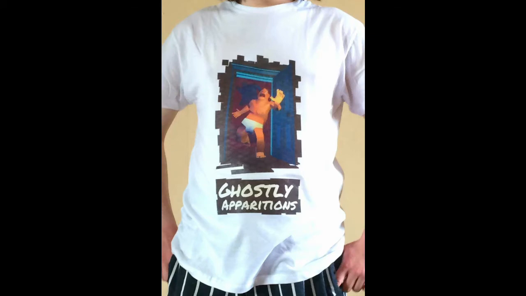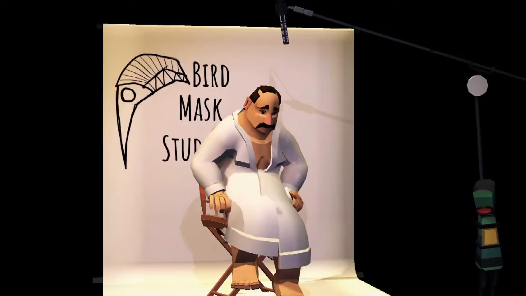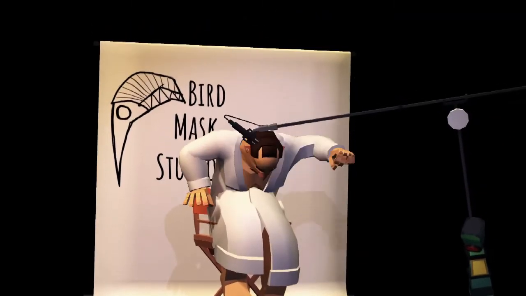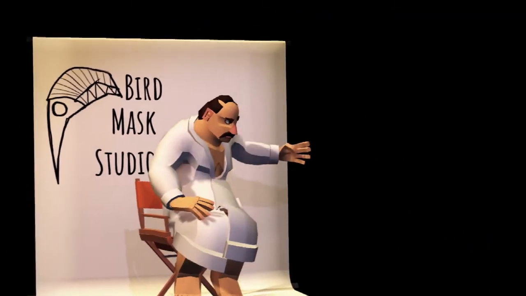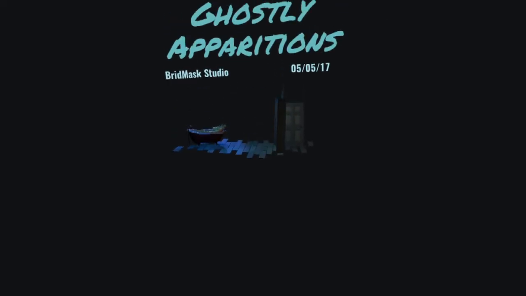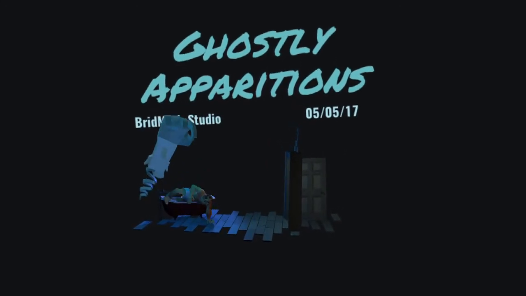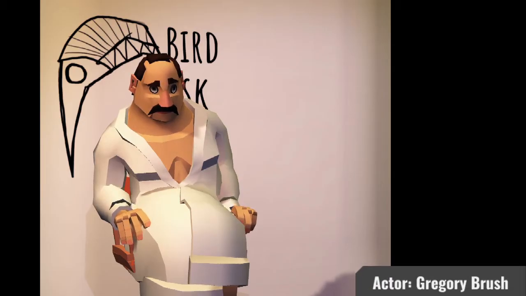In terms of what's going to happen with Ghostly Apparitions for now, now that university has wrapped up for me, my plan was always to try and see how far I could go as an independent developer, which I think many of the other students in my course will be trying. While I'm waiting to hear back from a potential opportunity for the Ghostly Apparitions concept, I've decided over the next